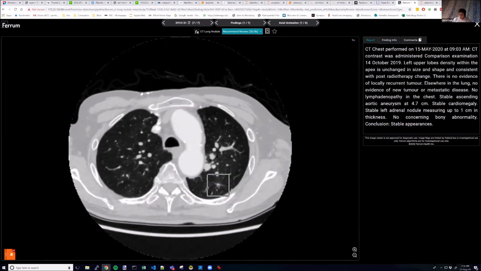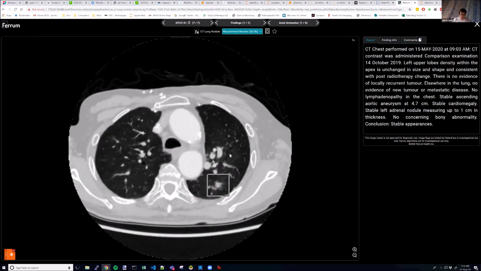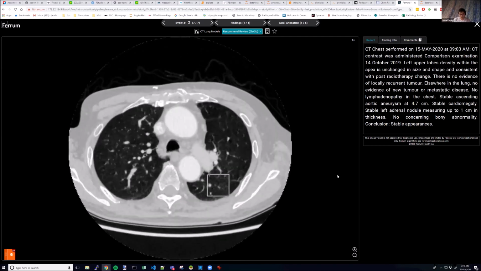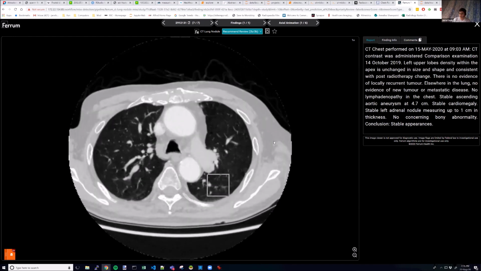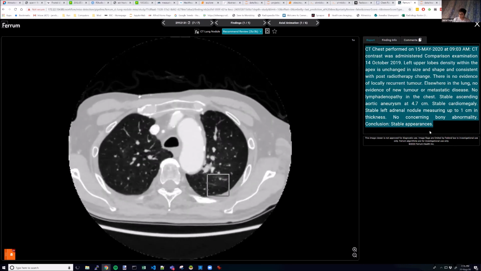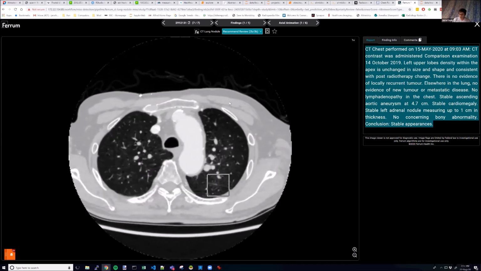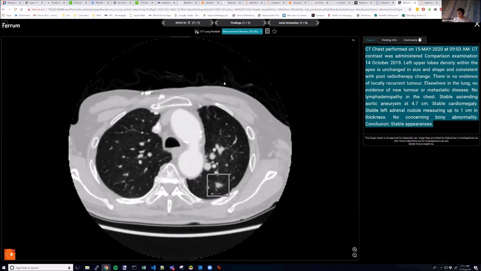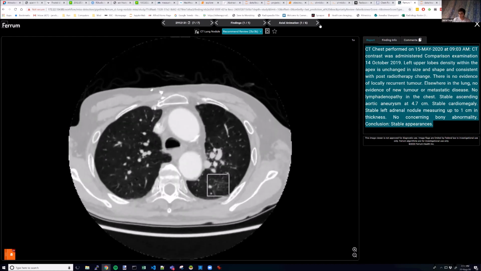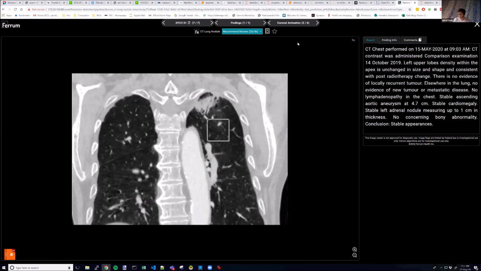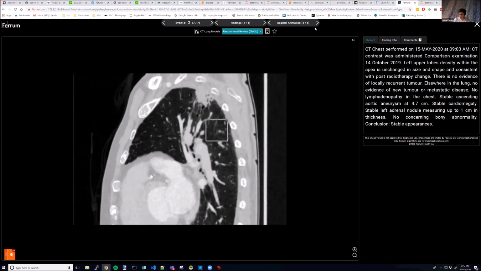And right at the end, there's another application that we call assure, which basically means that now that the report has been written, you get the AI to go back and check, right? There are two components to that. There's an AI that reads the report and says, does this talk about a lung nodule? And then there's another AI that looks at the actual CT and tries to find a nodule. If there's a discrepancy, it comes up on a work list, and the doctors can go back and review it, and decide whether or not the nodule is real. In this case, it is, so we have to go back and change the report essentially.